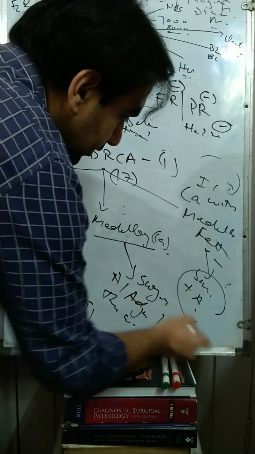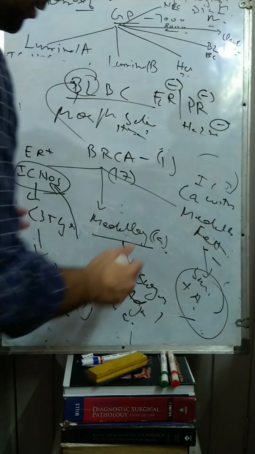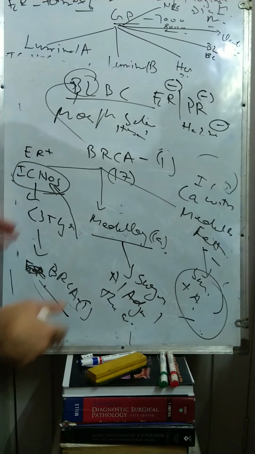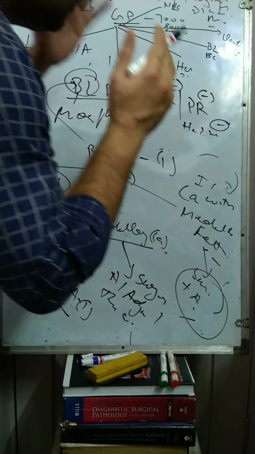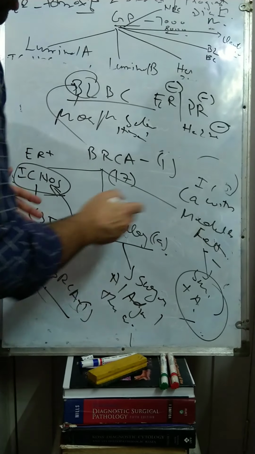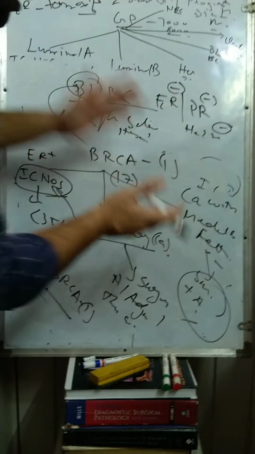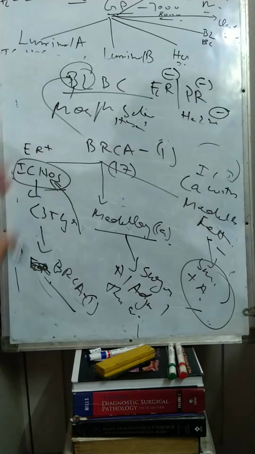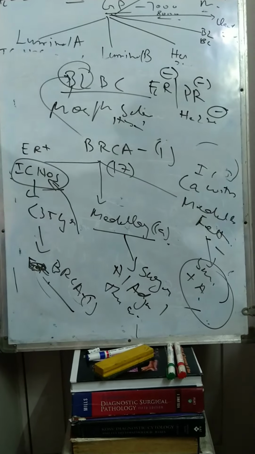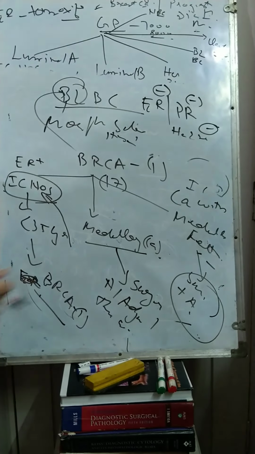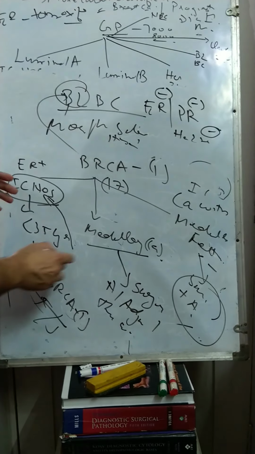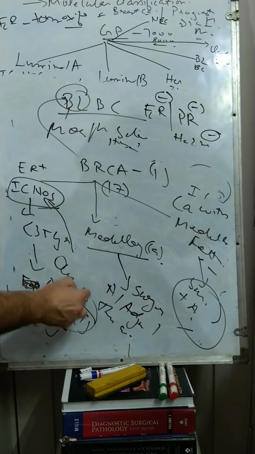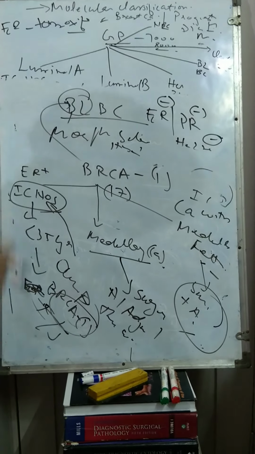When you write a report as medullary carcinoma, it has a very good prognosis and only surgery will be given. If you write invasive carcinoma with medullary features, surgery plus adjuvant chemotherapy will be given and it has a bad prognosis. So be very careful when writing a report, whether it's classical medullary or medullary features. And even if you see a patient with ER positive invasive carcinoma no special type less than 35 years, mention in your report to advise testing for BRCA1, because BRCA1 has implications. It can be familial, it can be sporadic. Ovarian cancers are very common in BRCA. So that is the importance of writing your BRCA1 comment in your report.